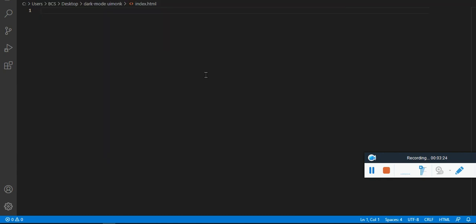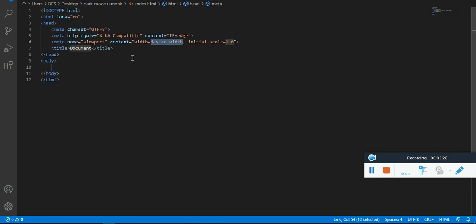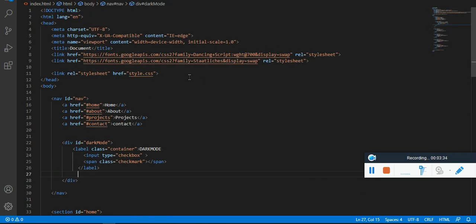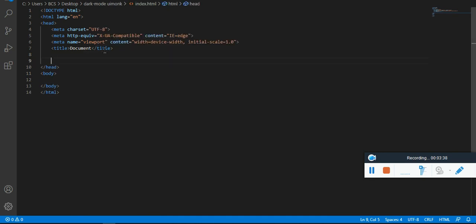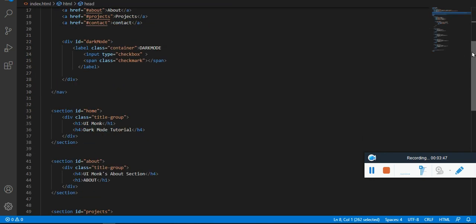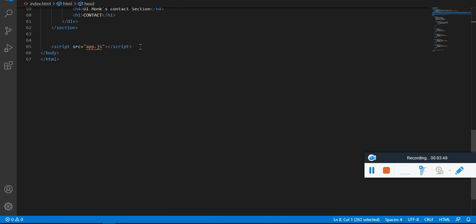Now just to start with the basic HTML, exclamation mark, and click on enter. We are going to link two files, which are the CSS file and the JS file. So let me link that. This is the CSS file which we'll be creating right now, and then I have added some icons, the Google font icons, just to look a little more attractive.